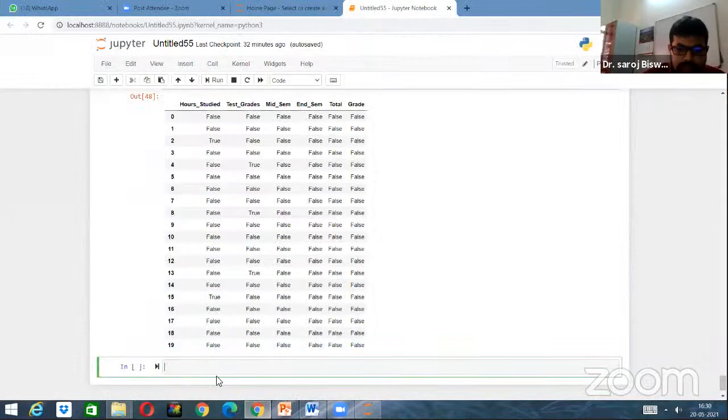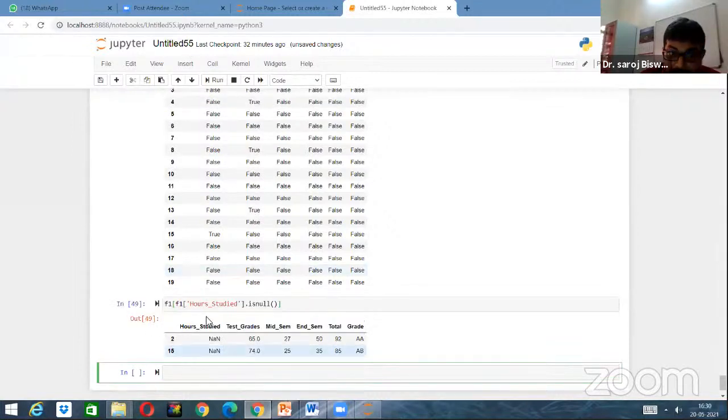Now we are interested to see whether there is any null value in this column or not. If there is any null value, then you extract the rows. That's why we have written this one, f1 here extra. It means we are trying to find out the rows. So see here, whenever I click here, you can see that in our study there are two,